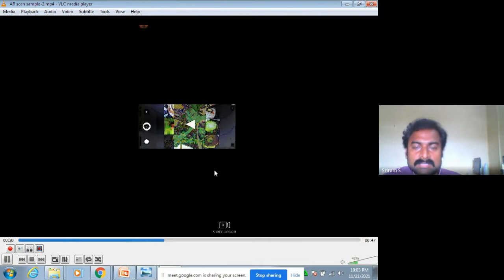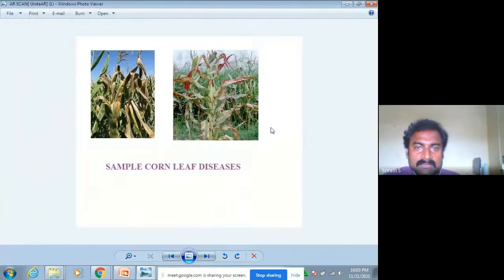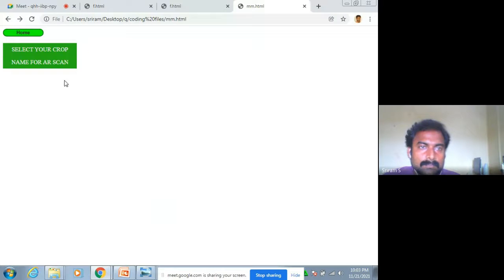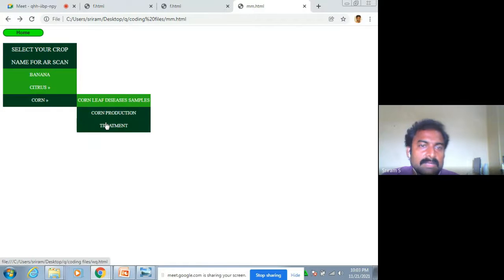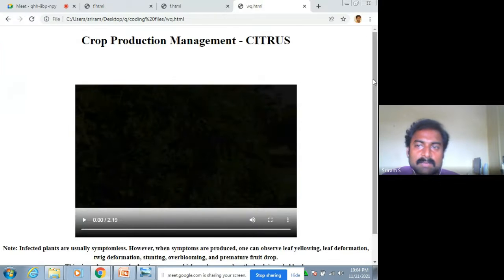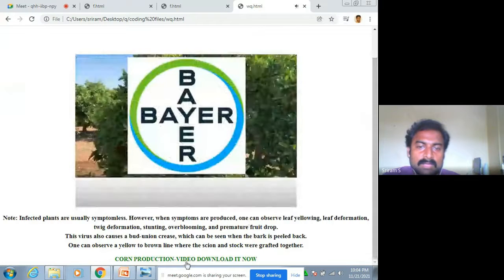And this is an example of where we have used AR technology. These are the images. We have set a target image like this. Using a scanner, the image leads to the video. Likewise, we can select the crop, and we have given a treatment product, corn production treatment also, a sample video like this, and we have given the download option also.